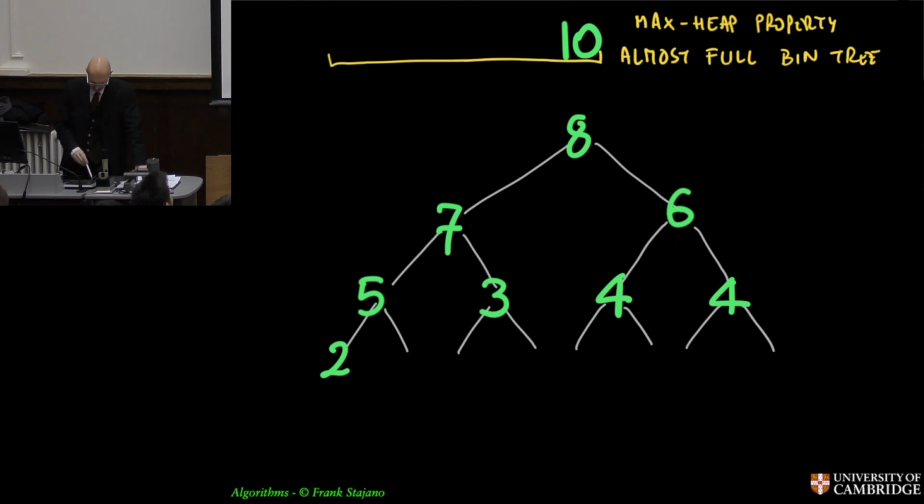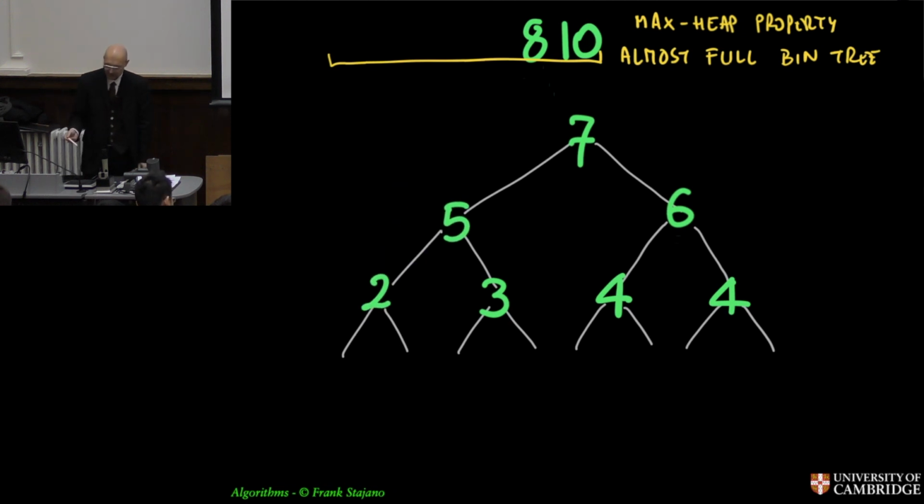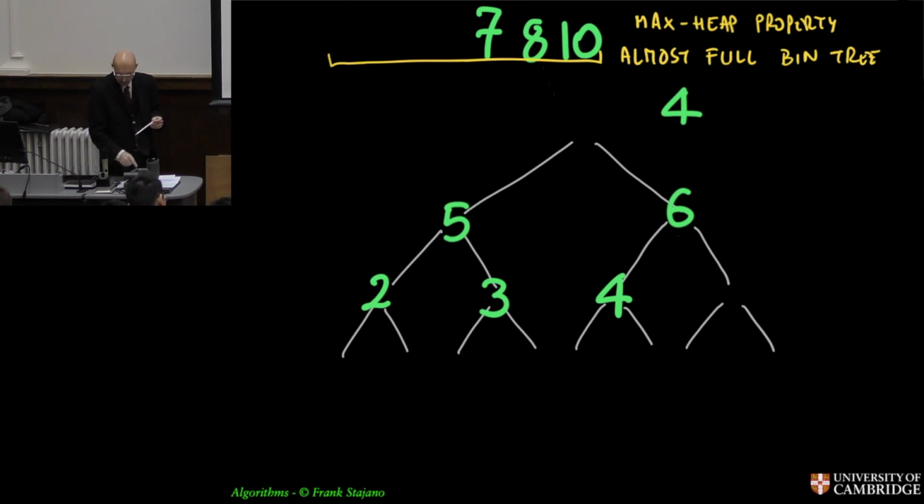So my next maximum of the rest would be this, and I'd have to promote the 2 here, and then it would have to go down somewhere again in order to reform the heap. And then the next time, when I extract the 7, the one I take out is this 4, and I'd have to put it back in and do the same. So this is very good, because it means I have now